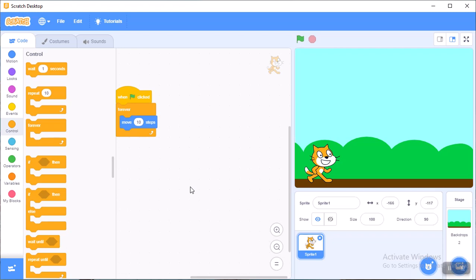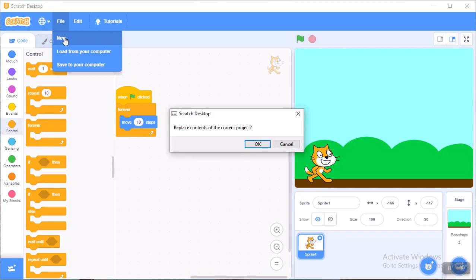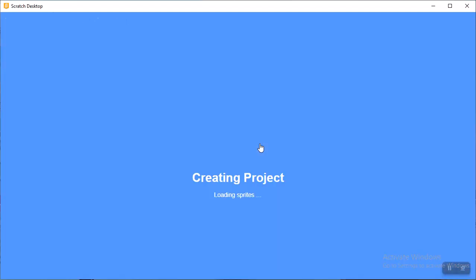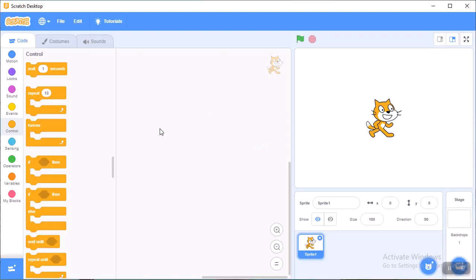Now if you want to open your next program, you will click on the File tab, then on New. You will click here on OK. Now this one is our new program. Now I want to change my sprite, so I can change it from here.